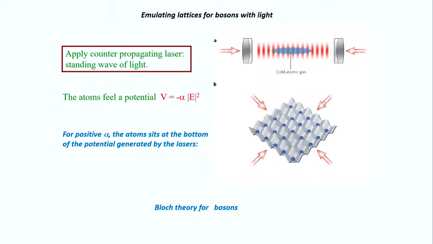Now, to have correlations, what people do is try to form a lattice to put these bosons in, but this lattice is formed by light. You apply counter-propagating lasers so that you form a standing wave of light. Any atom has a polarizability, which is defined by this alpha, and therefore, if the intensity of the light is given by |E|^2, its electric field squared, then the atom feels a potential which is minus alpha times